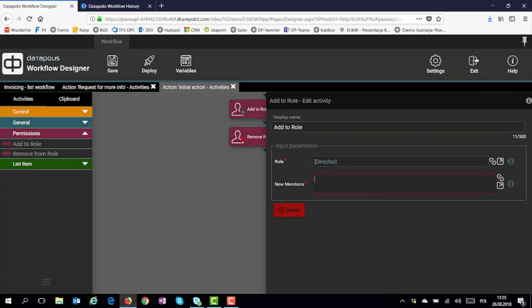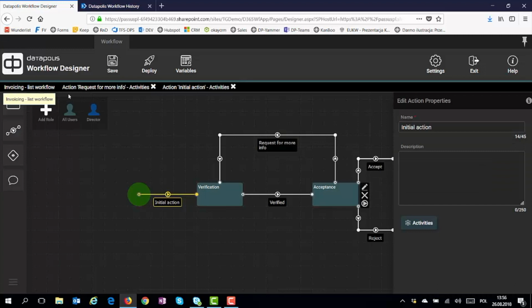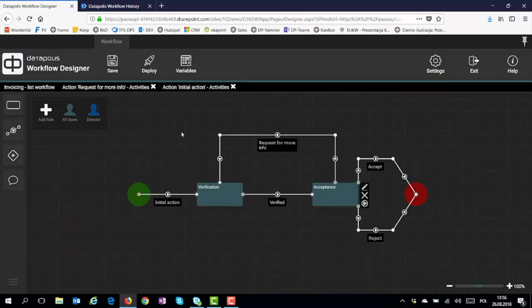So you can create a role, for example, responsible by, and choose on some action that people in the role and put that in the role, or remove that later and put some other in the role. So it is fully configurable: you can statically or dynamically edit the roles and show or hide actions for some particular users. So only users who are in your role will be able, when they click on the actions dropdown, to see those actions. And of course, you can drag and drop more roles to some actions, so you can mix that in any way you would like. So that's basically all I would like to show you right now in that very short